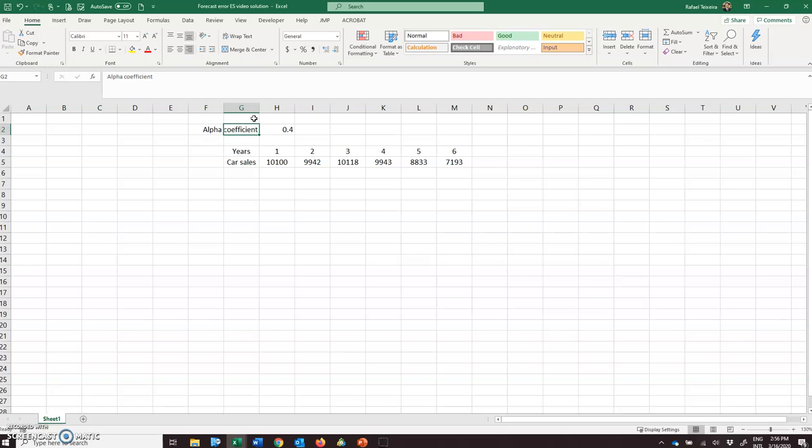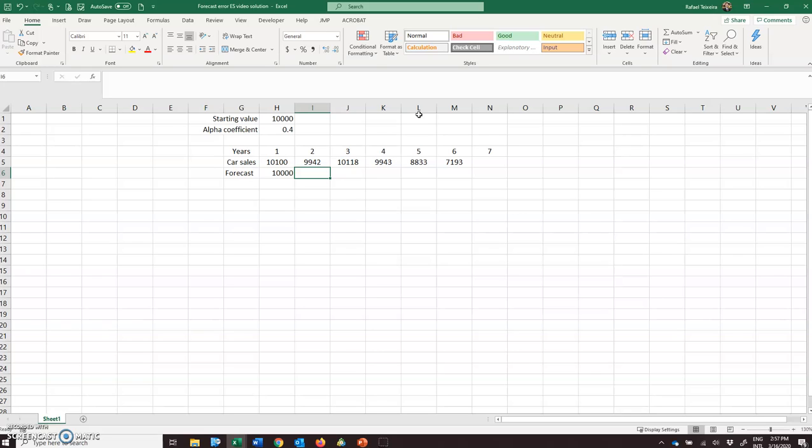And starting value, remember, for exponential smoothing we need a starting value, so our starting value is going to be 10,000 as given in the problem. So 10,000 is our starting value, our alpha coefficient is 0.4. So we need a forecast for year 7. But to compute the forecast for year 7, we need this starting value of 10,000, and then all other